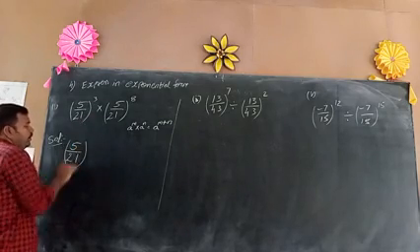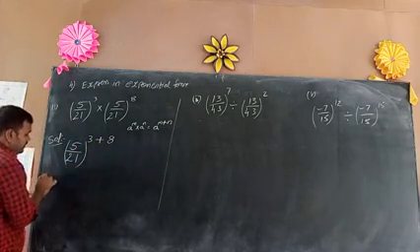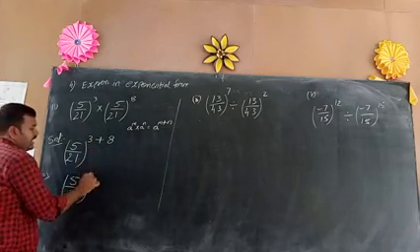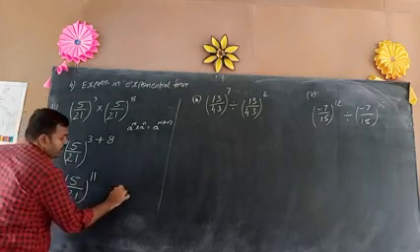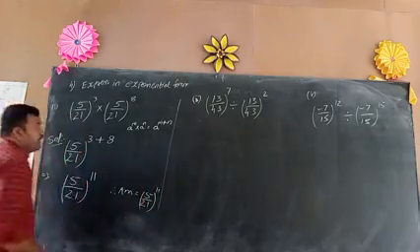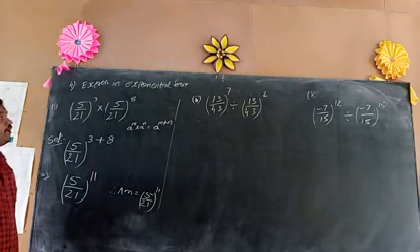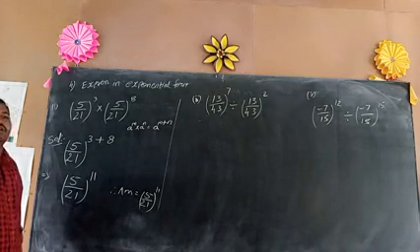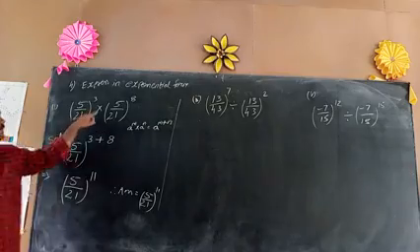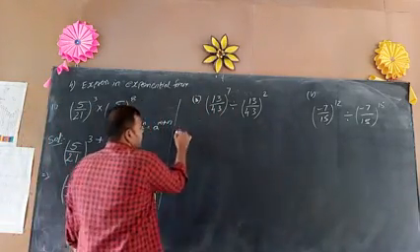5 by 21 whole to the power of 3 plus 8. 5 by 21 whole to the power of 8 plus 3, 11. Therefore, the answer is 5 by 21 whole to the power of 11. Two things are given for multiplication or division, the same ones, expressed in the form of powers, we have to apply the 3 rules. What are the 3 rules? Product law, quotient law and power law. Multiplication means you have to apply the product law. If division is there, we have to apply the quotient law. So solution for this one.